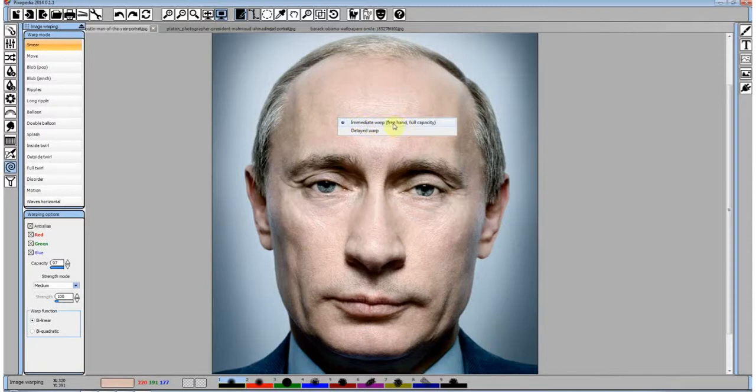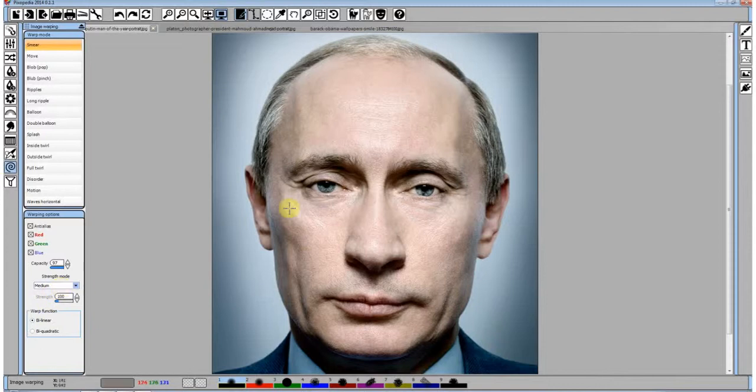Immediate warp will be freehand with full capacity. You can change capacity here, but it will not have effect in this mode. So it's written here full capacity. So we will use this mode for smear. It's a bilinear version with strand mode, which I have set to medium.